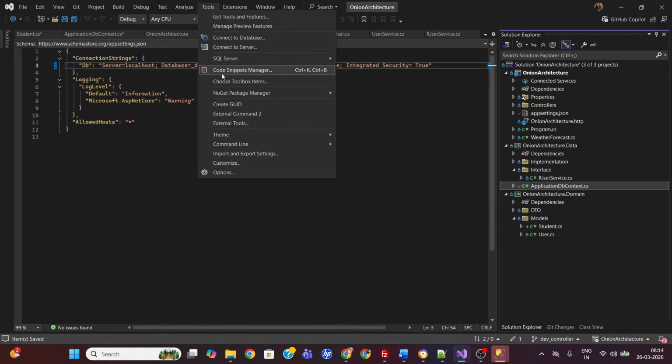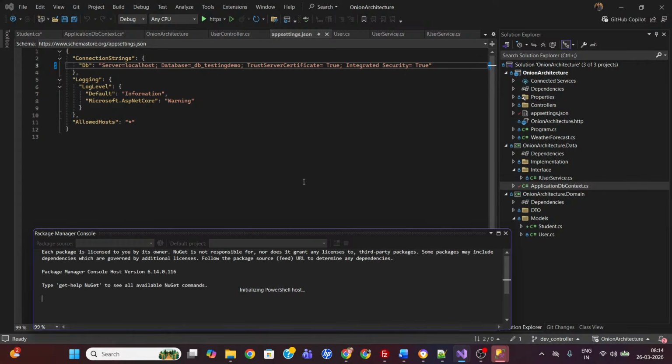So go to Tools, NuGet Package Manager. So here we can run the command. Because we are following the onion architecture, this is my class library where I can add the things that are related to a database. So I can choose this one, and here I can run the command